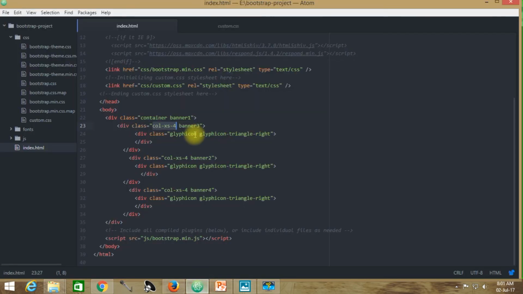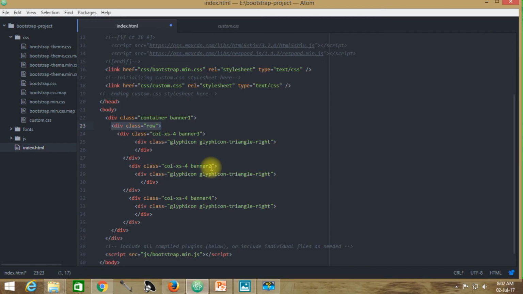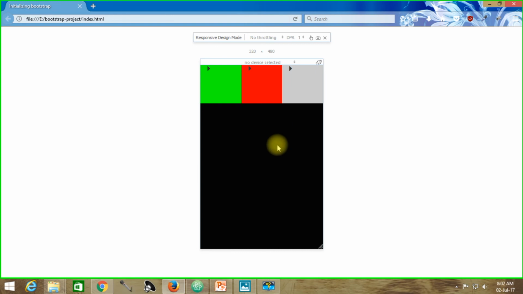So if you use rows, as we can see over here, there's no rows right now. That is why it is executing this thing. Press Ctrl Shift M and you may see that there's a 15 pixels gap from both the ends, and the contents are coming all along. If you use the rows over here, you may see that this gap is gone. It is practically using the full container width here, and it is getting back to its normal preview. It is practically consuming all of the width of this mobile device display.